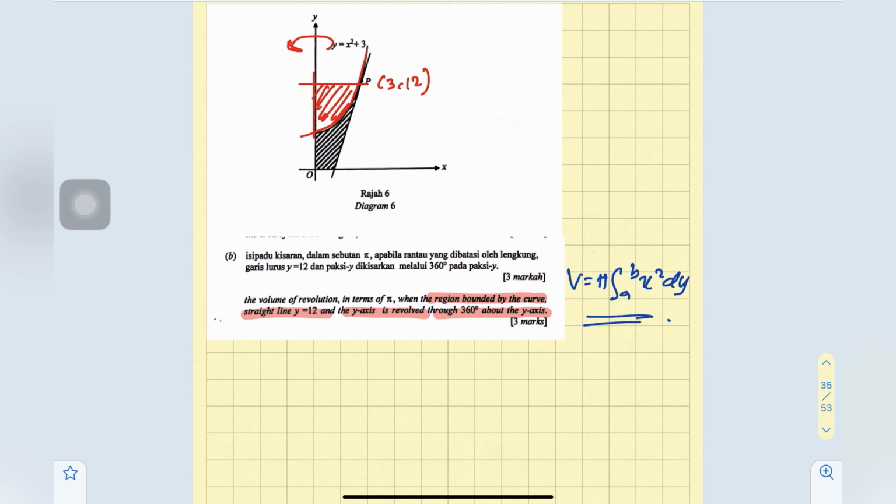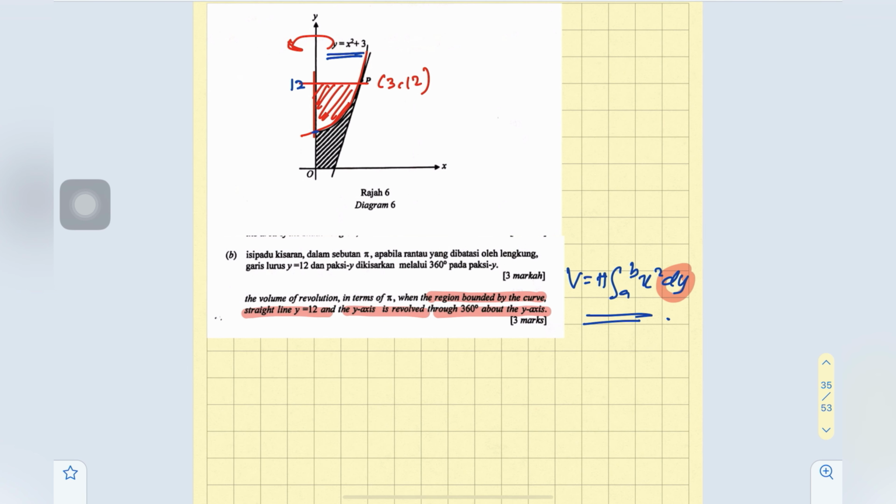Dia punya limit. Okay, so since kita integrate with respect to y, so values of lower and upper limit are values of y. Okay, so dekat sini kita tahu yang atas ni upper limit dia 12, nilai y kan. Okay, yang ni is y-intercept untuk equation ni. Okay, so y-intercept dia 3. So the rest kita just substitute all the values of lower and upper limit and the equation as well dalam